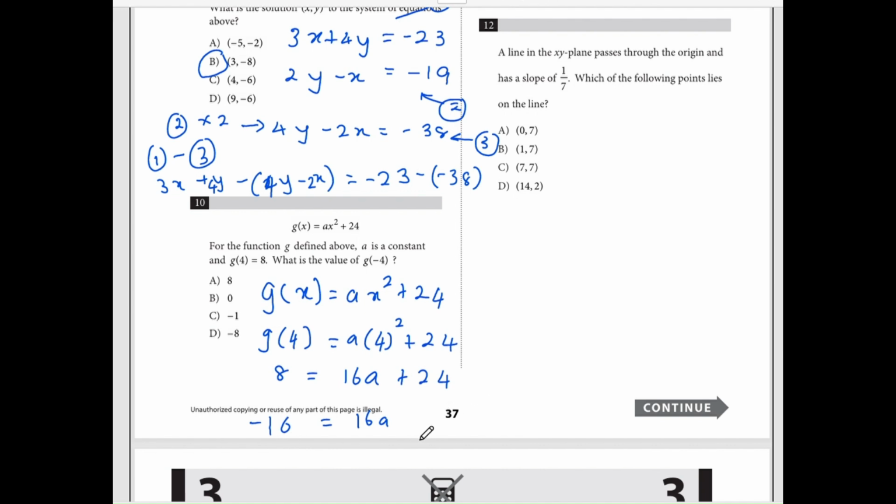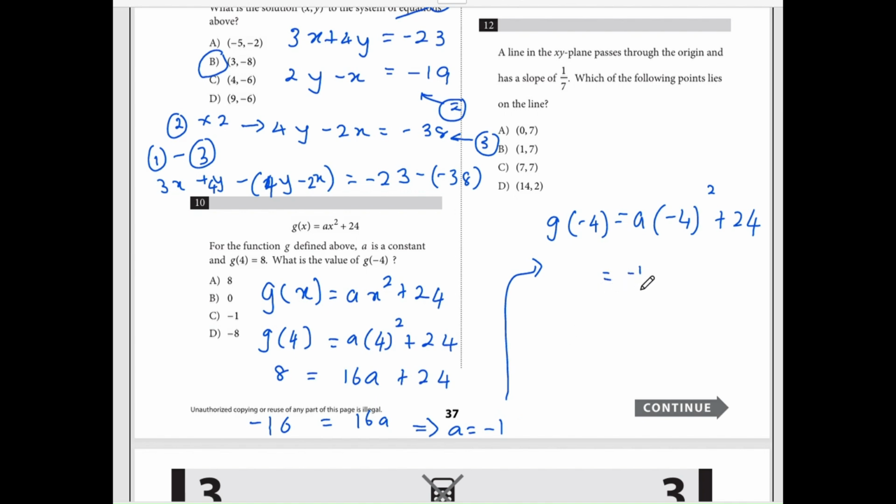and a is minus 1. Okay, then we need to find g(-4). It's a times (-4) to the power 2 plus 24. Now we know a is minus 1,